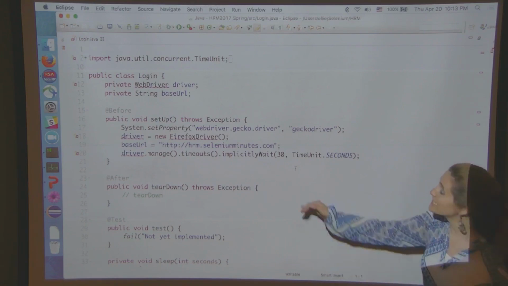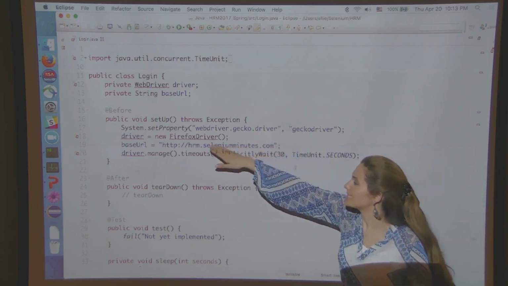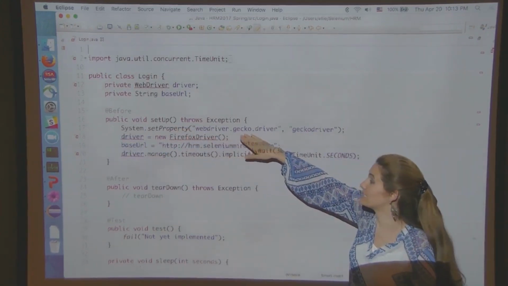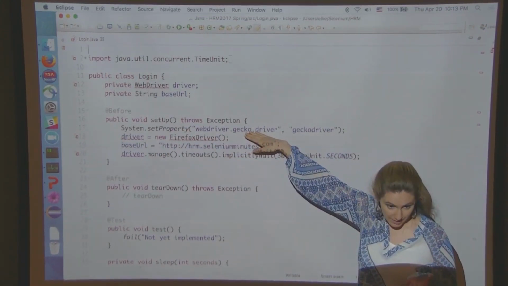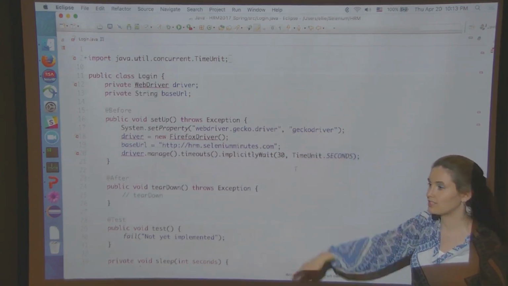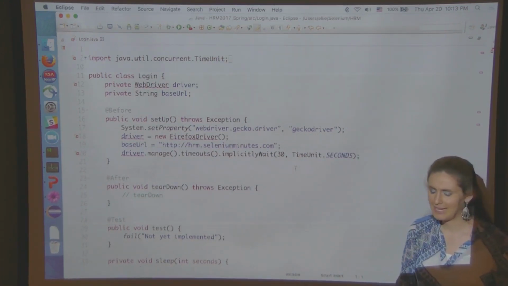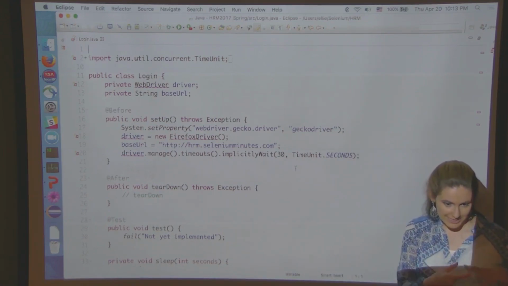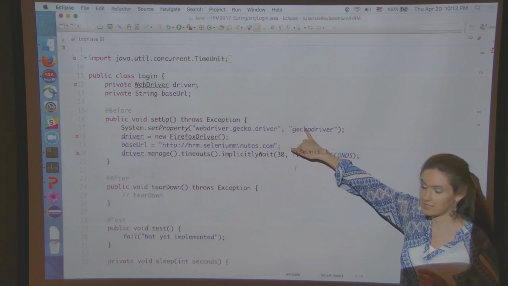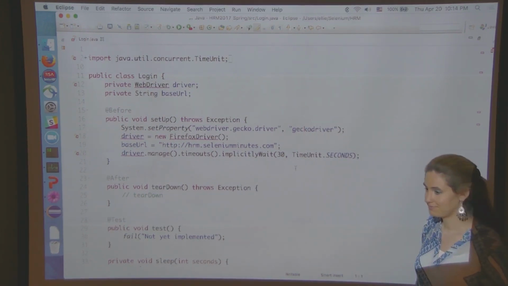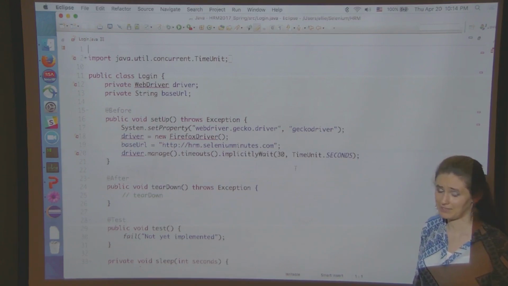WebDriver.Gecko.driver. Oh, this is the name? No. This is what's going to configure your path. This is the variable in your path that it's going to look for, and this is the location. So essentially, I know this is really weird, but you're essentially creating a variable inside the path that refers to this location. Kind of. That's the best I can explain.